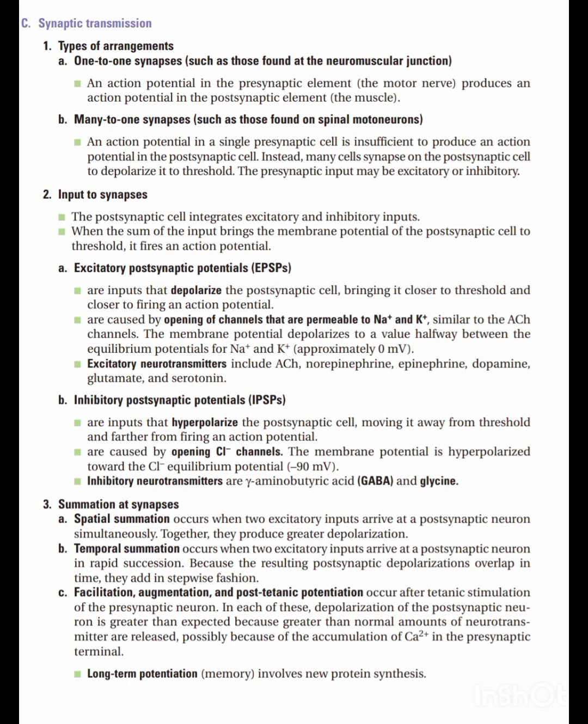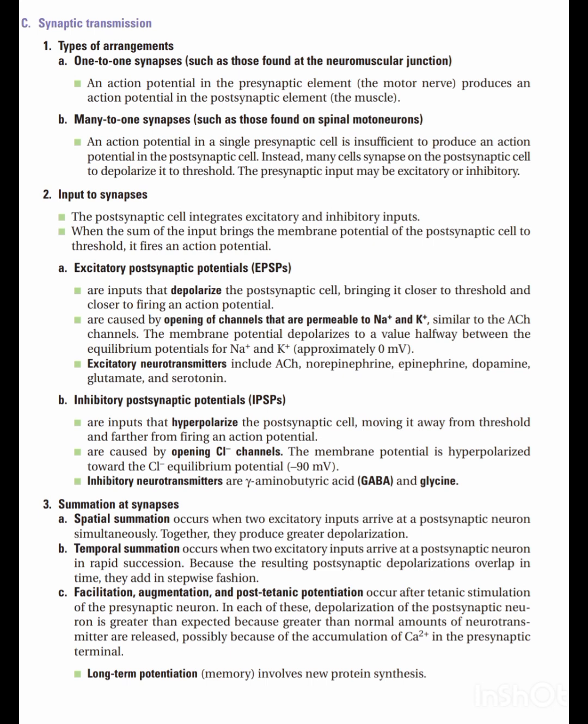Okay, and the next topic is the input to synapses. In the previous video, we talked about how the postsynaptic cell integrates the excitatory and inhibitory inputs. The input is coming from the presynaptic cell, and that may be excitatory or inhibitory. So the postsynaptic cell integrates the excitatory and inhibitory inputs. These inputs summate, and then they bring the membrane potential of the postsynaptic cell to the threshold. So when the sum of the input brings the membrane potential of the postsynaptic cell to threshold, it fires an